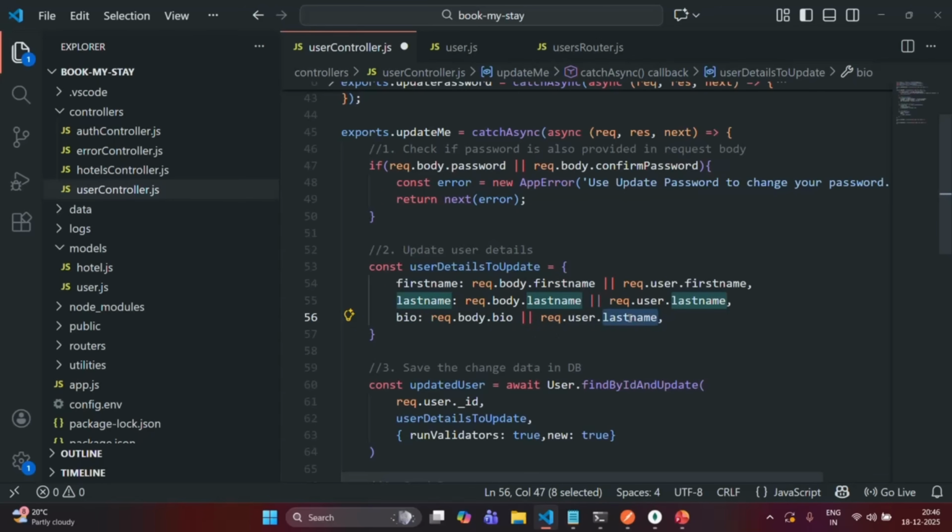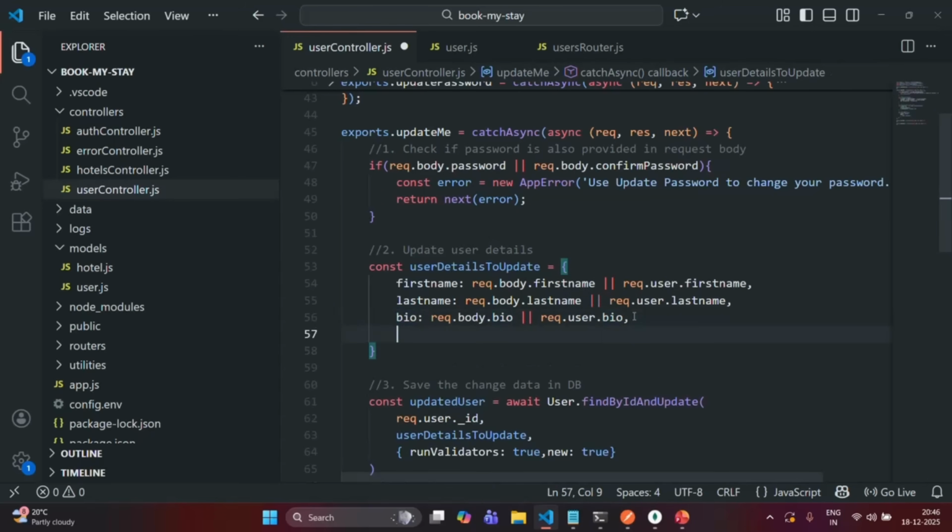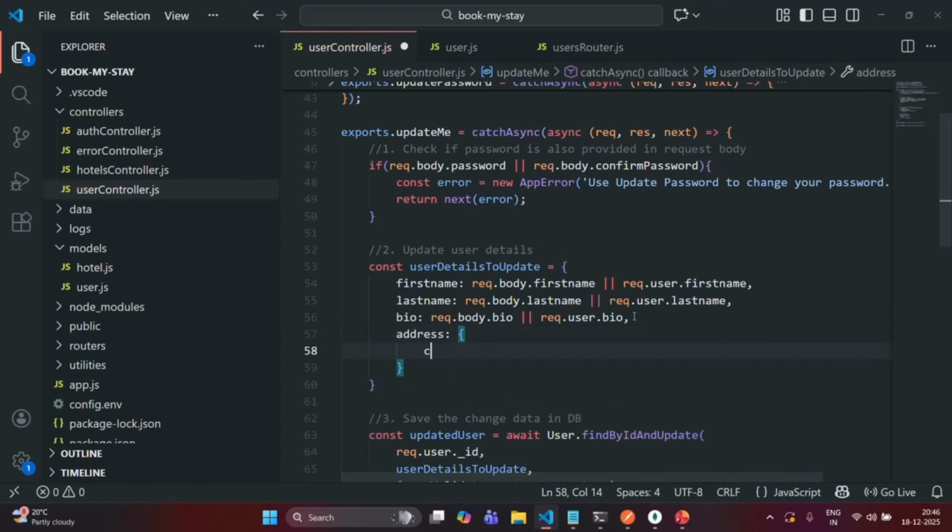Otherwise, we are going to read the bio from the logged in user data, and we are going to use the same value and assign it to the bio property. In the same way, we will have an address property, and in that address property, we will have a city property. So to this city property, we want to assign the value which we have in